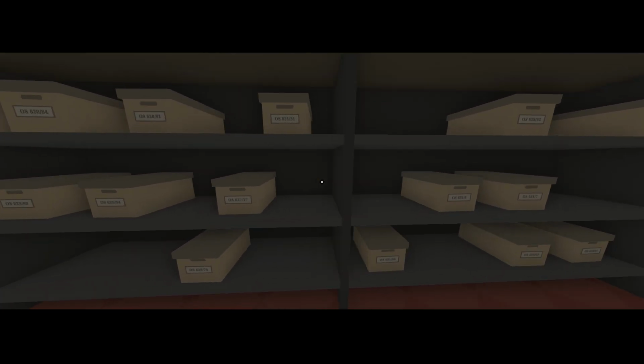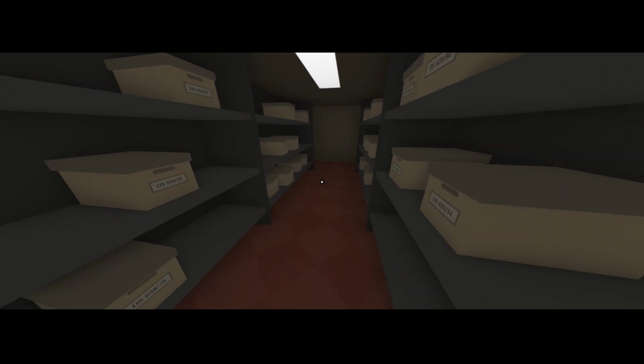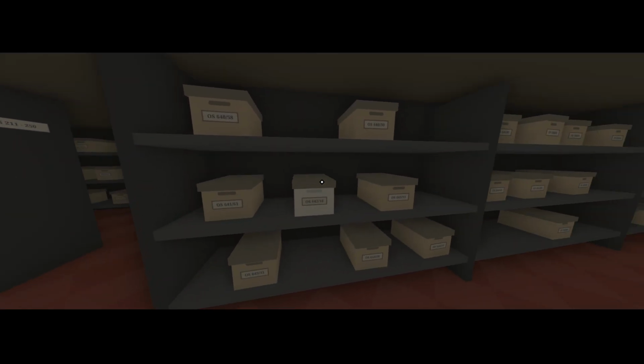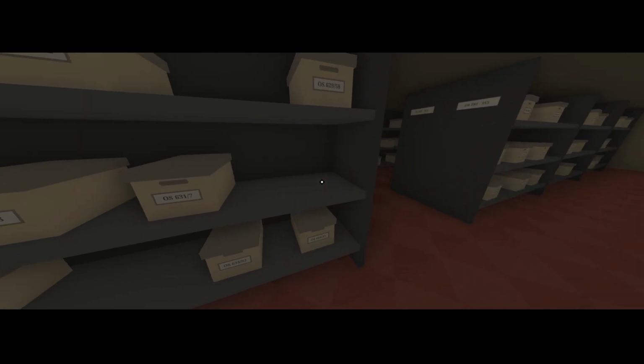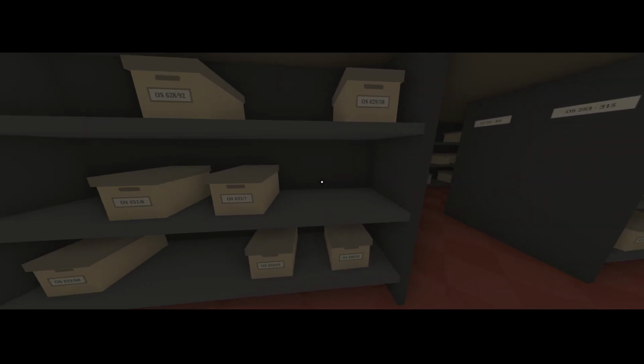I think we already grabbed 633.75. 633.75 was the one marked for disposal, wasn't it?